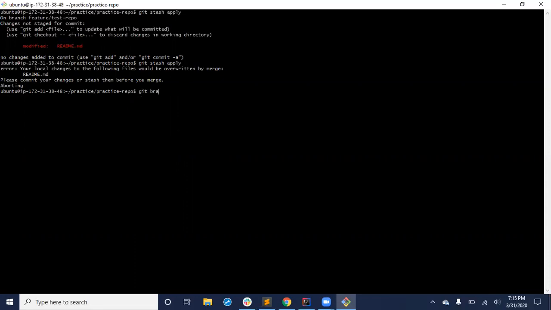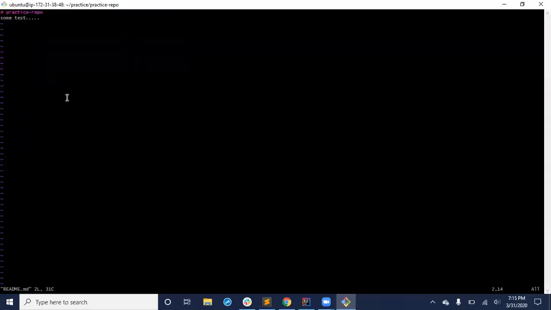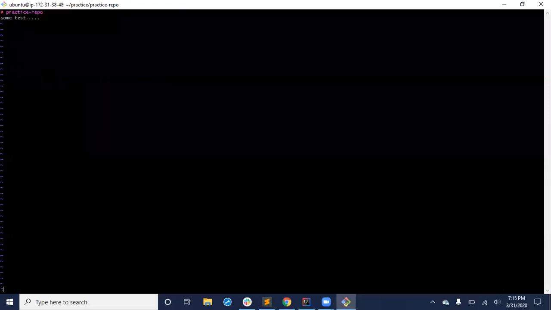Now let me see which branch I'm in. So feature test repo. So git stash and unstash, if you don't understand, that is fine. Mainly it is a very good tool when you want to switch between branches and you want to save your stuff. Let me just check what is in the readme which I have. So my sample test is there as it is, fine.